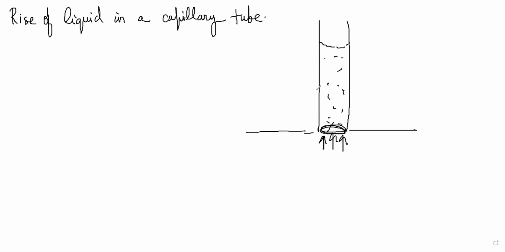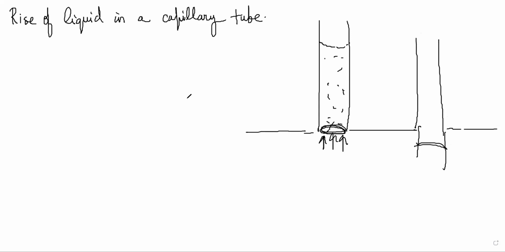He's saying when one end of a tube of small radius, known as a capillary tube, is dipped into a liquid, the liquid rises or is depressed in the tube. Liquid rises, okay. Sometimes it can even be depressed in a tube. It can even go down, something like this. So these are two options that can happen.